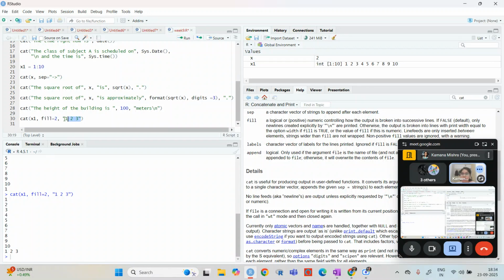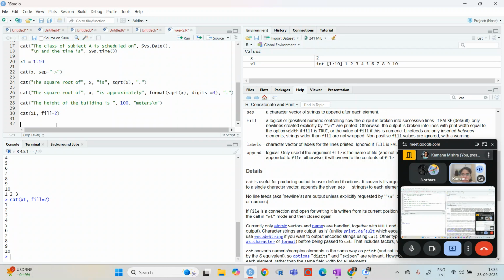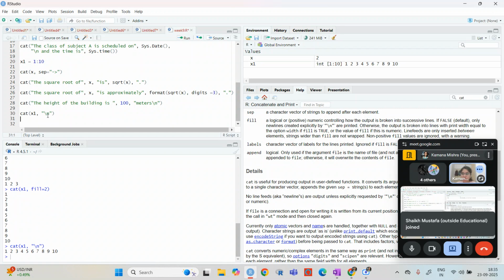So we will see when we see the paste function what will happen if we change this cat fill. But basically if you just want to write this, at this position you can just use this slash n. So if you are having slash n, after 1, 2, 3, let me write one more thing so that it will be more clear.